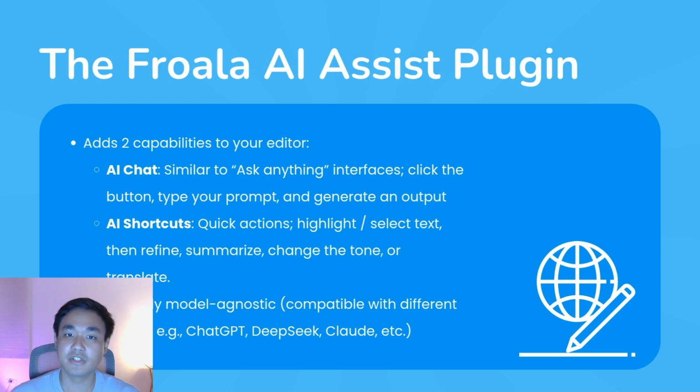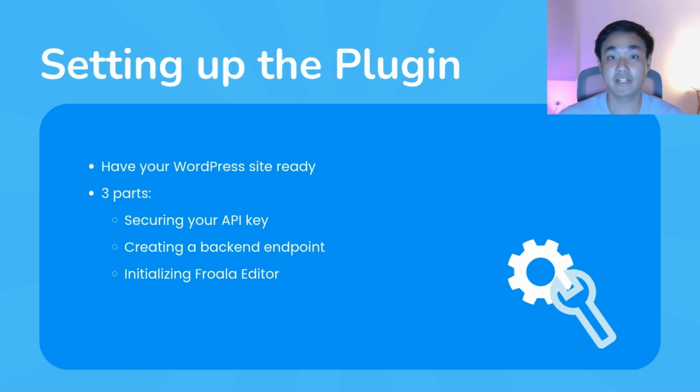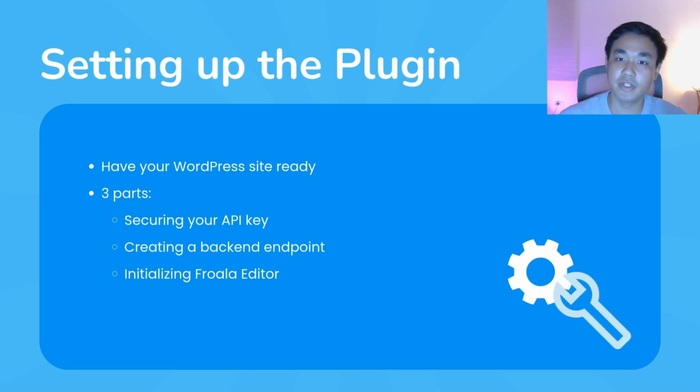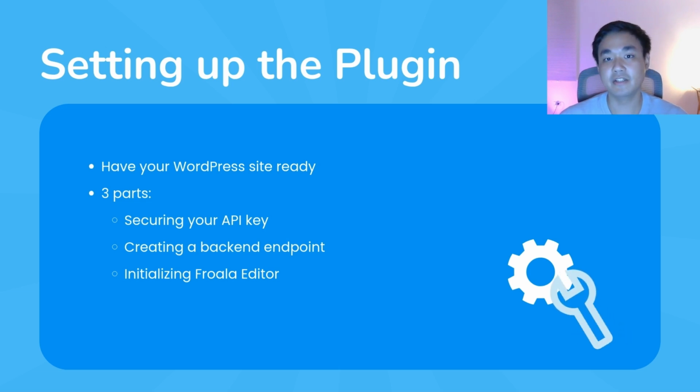The key thing to understand here is that Froala's AI Assist is completely model-agnostic. So it doesn't care whether you're using ChatGPT, DeepSeek, Claude, or any other model. It's all up to you. Now, let's set it up. I'll assume that you already have a working WordPress site. There are three moving parts, starting with securing your API key, followed by creating a backend endpoint, and finally, initializing